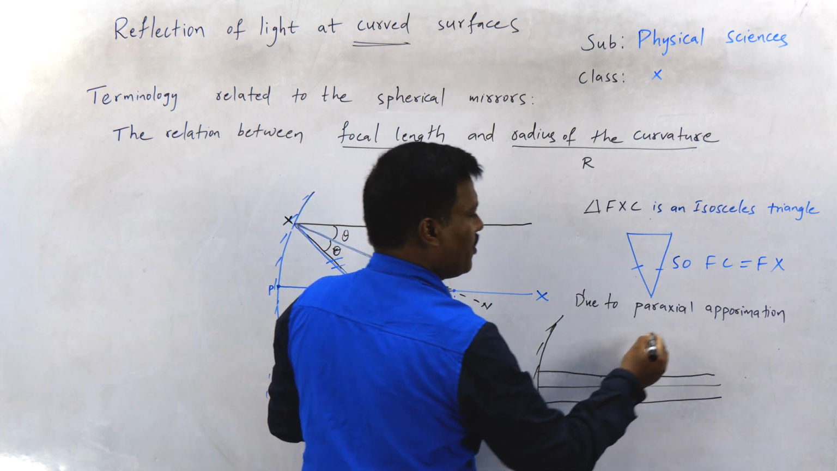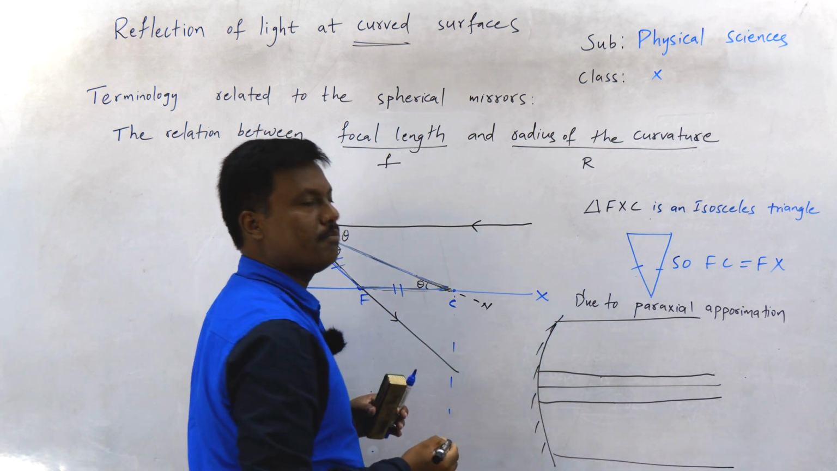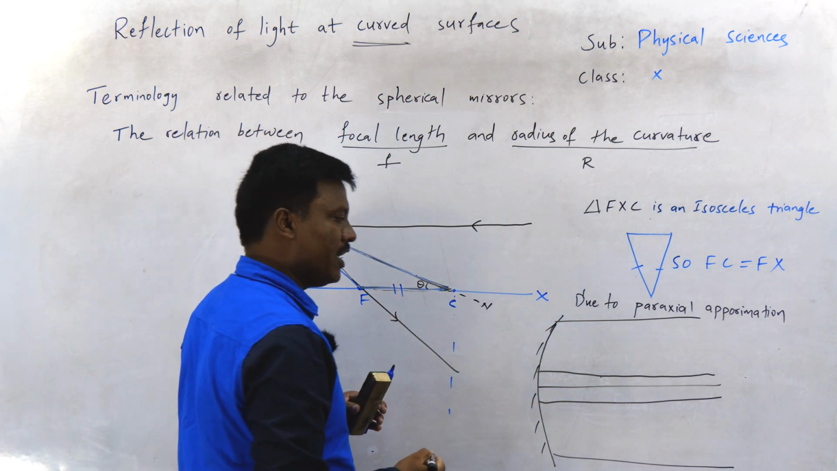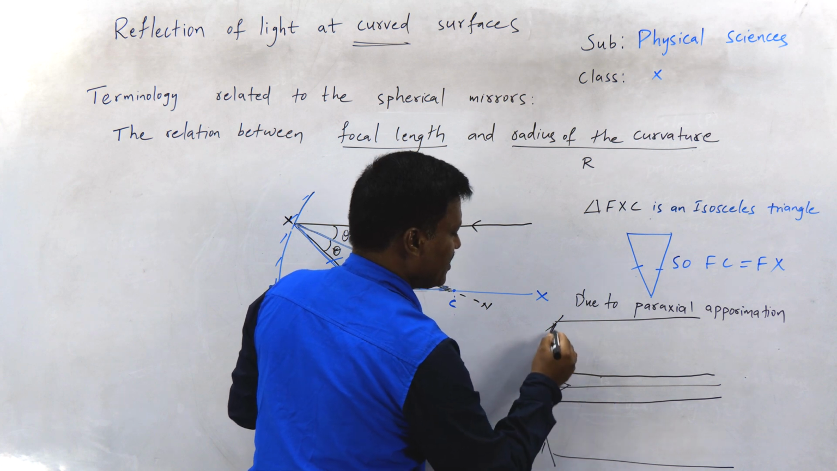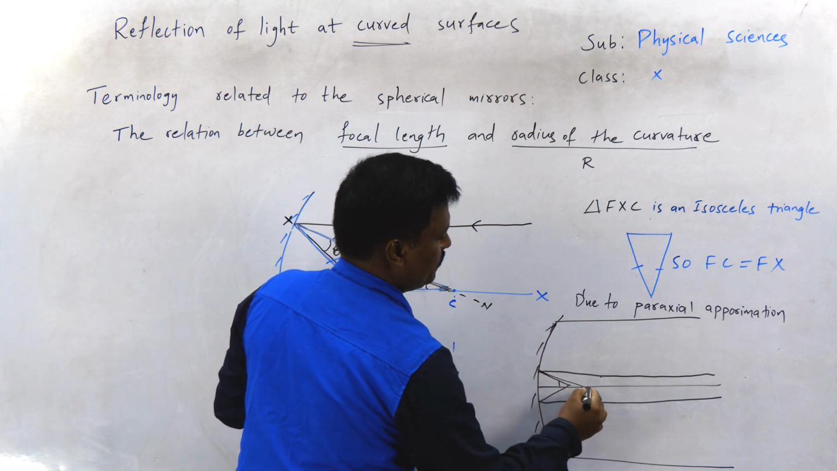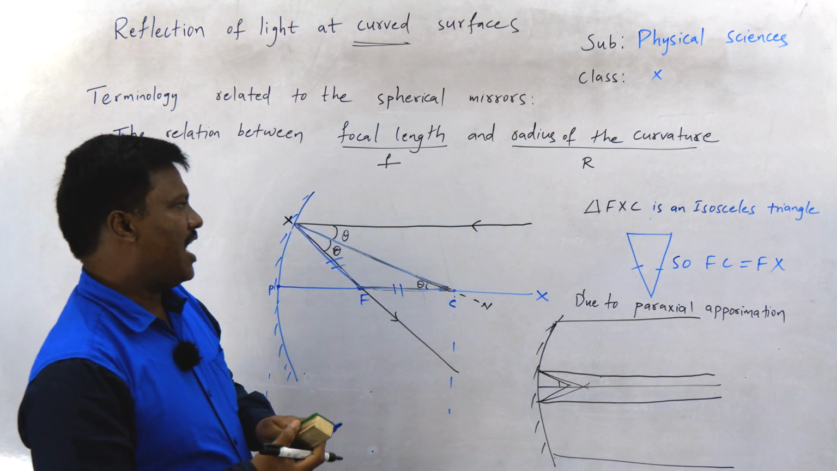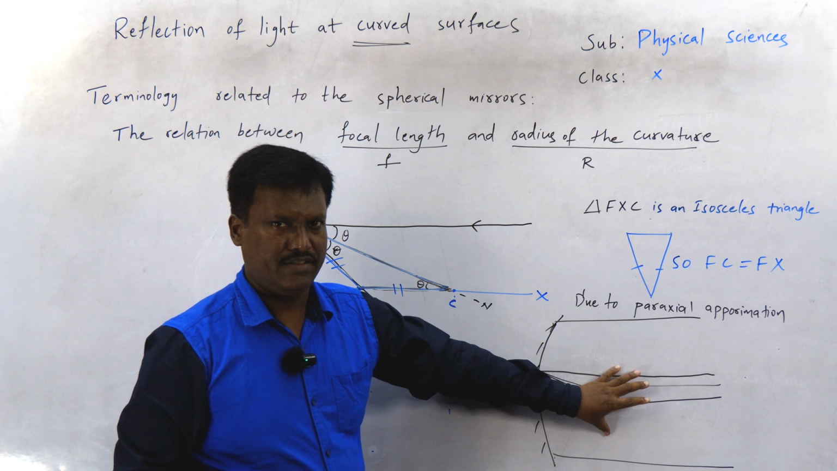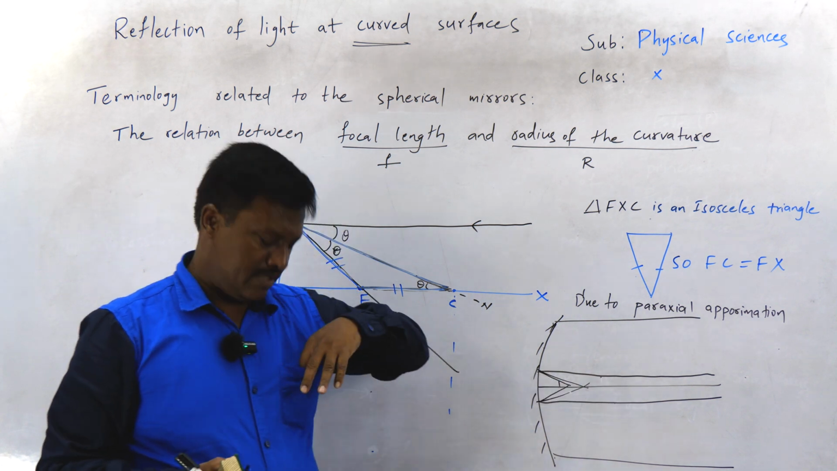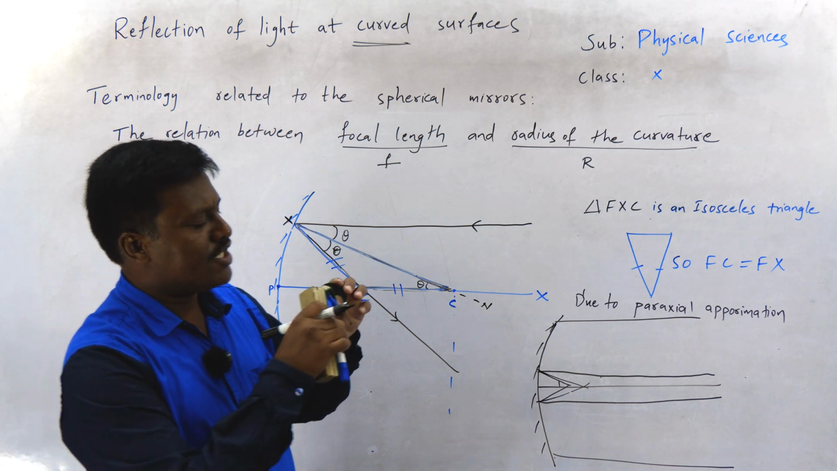And the rays which are passing very far away from the principal axis are called marginal rays. Paraxial rays meet at one point, marginal rays meet at another point. Both meet at different points. But our lesson is completely related to the paraxial rays only, because our lesson deals with mirrors of small